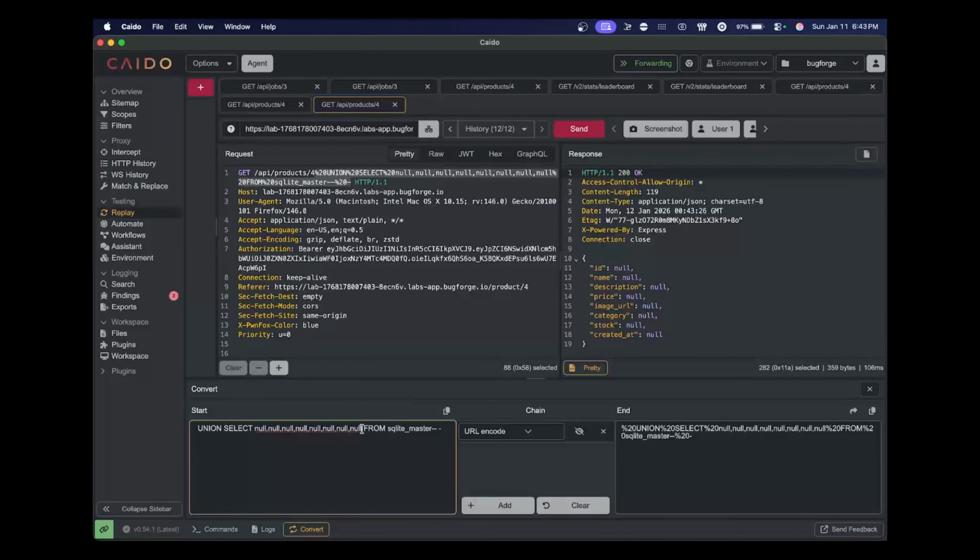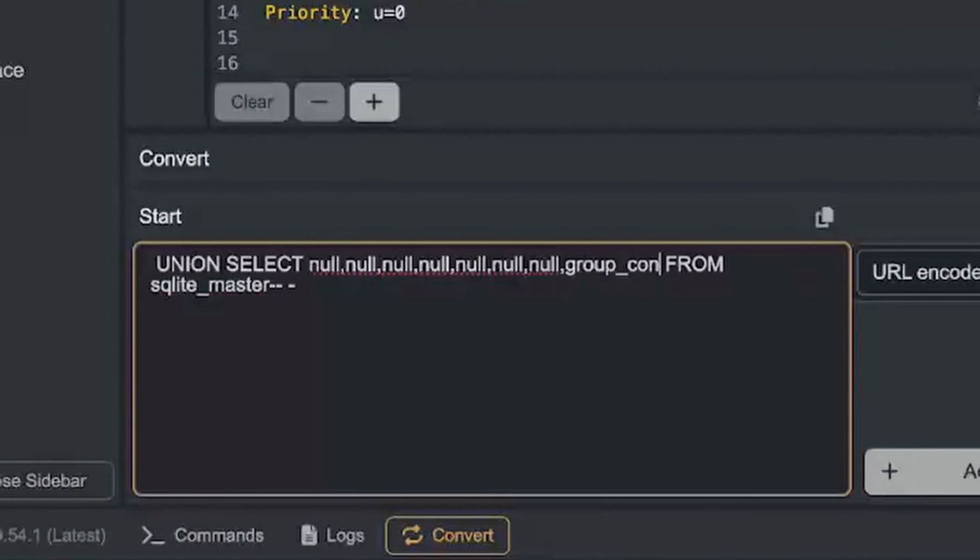So let's just see if this last one here supports a string value, and it does. Okay, so what I can do now is I want to get the table names. I want to get all the table names. And by default, if I just say table name, this is only going to return one at a time. So I want to use group concat